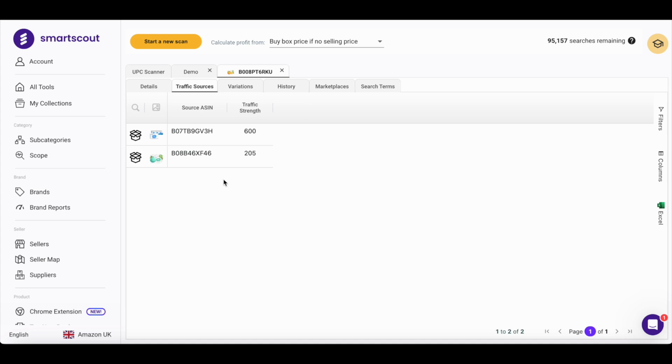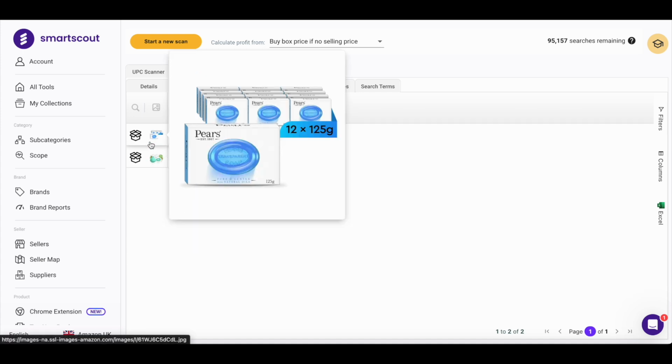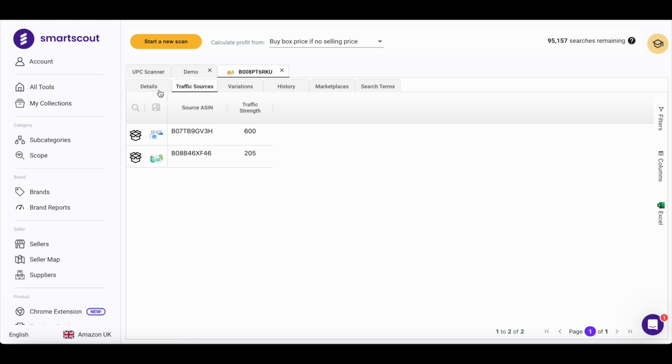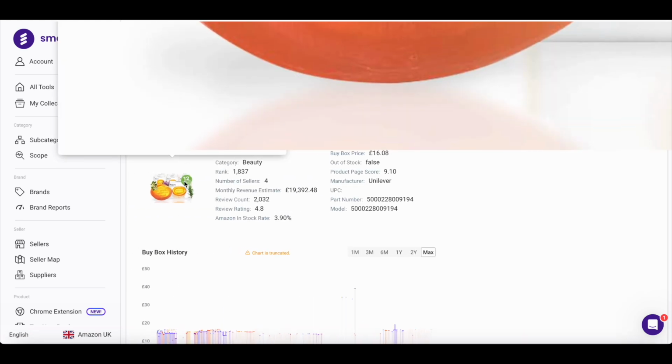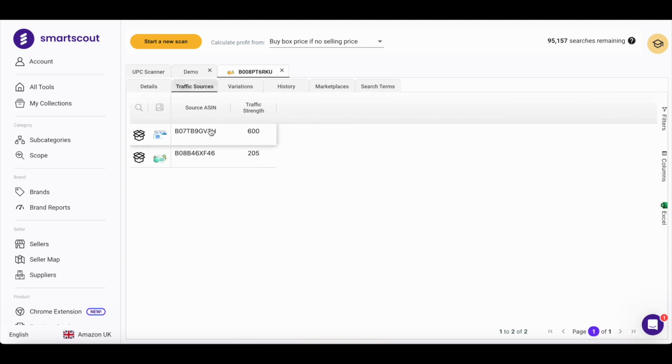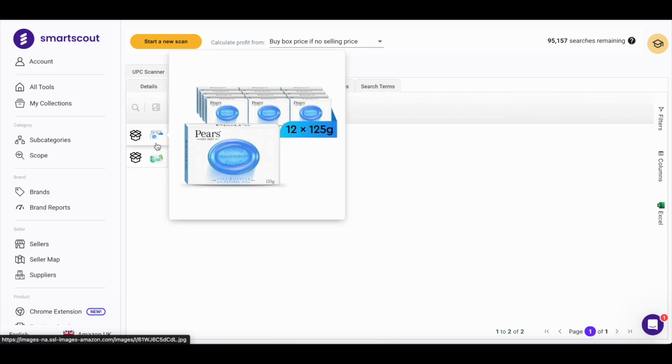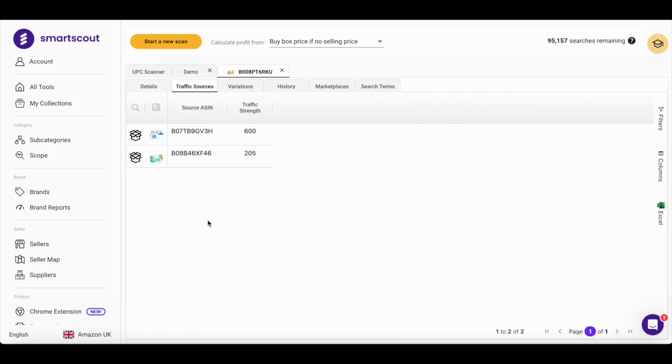So when you're on Amazon, you buy a product, it says to you also frequently bought. These 2 products would come up when the main product is purchased. Now that gives you the opportunity to target which other products that you can go for and try and source